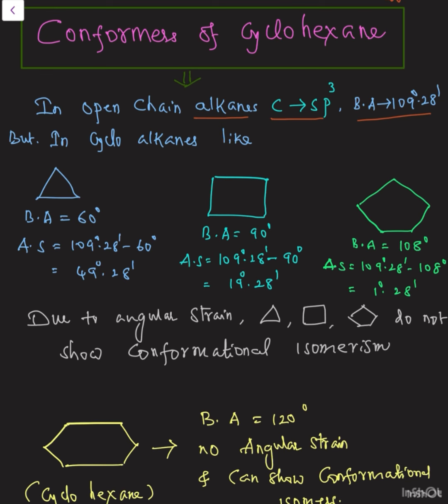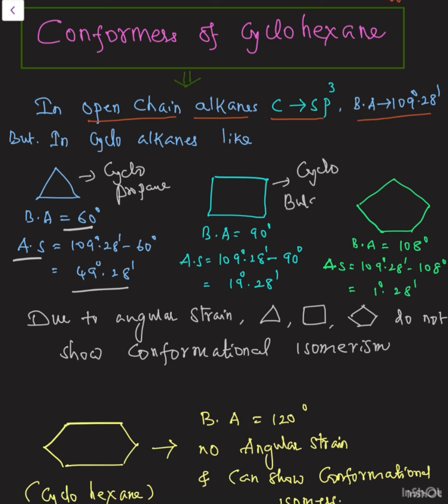But cycloalkanes are different from open chain alkanes. Now in the cycloalkanes, like cyclopropane, if you consider, this is called cyclopropane. In cyclopropane, the bond angle is 60, right? Then the angle strain, we know, is 109 degrees 28 minutes minus 60. If you substitute, you get 49 degrees 28 minutes. This is what angle strain means. There is an angle strain in the case of cyclopropane, and in the same way